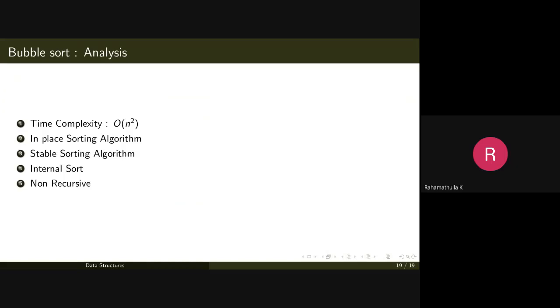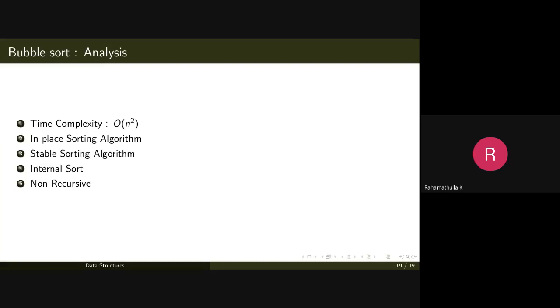As we have seen, bubble sort is an in-place sorting algorithm. So the space complexity is constant, and bubble sort is a stable sorting algorithm. Unlike selection sort, bubble sort is a stable sorting algorithm. So if we have more than one key with the same value, equal key values, the element that appeared first in the list will appear first in the sorted list also.